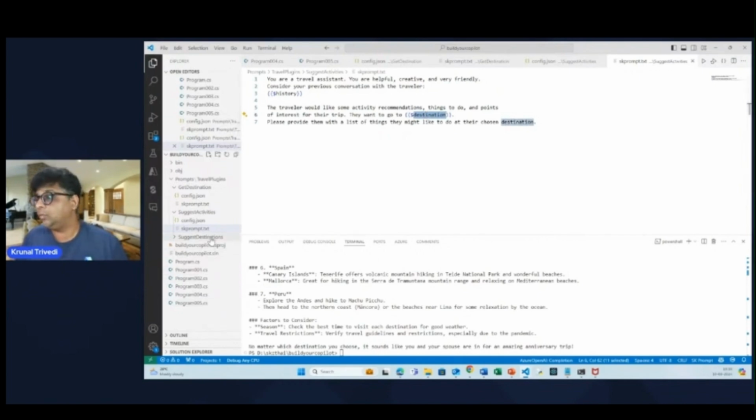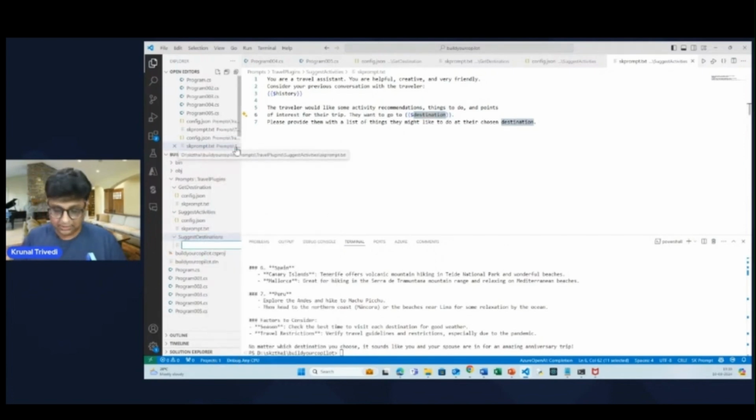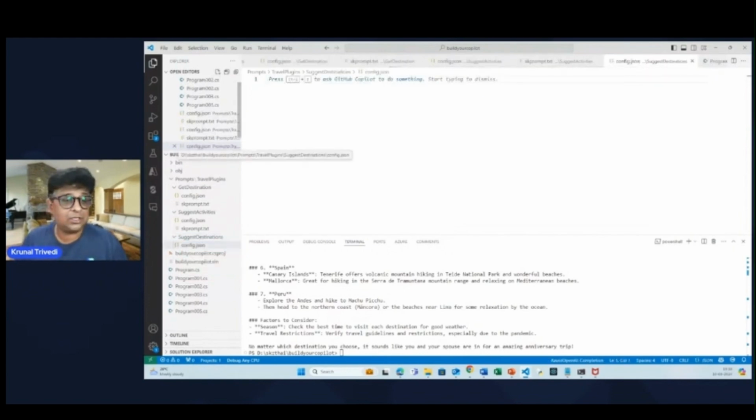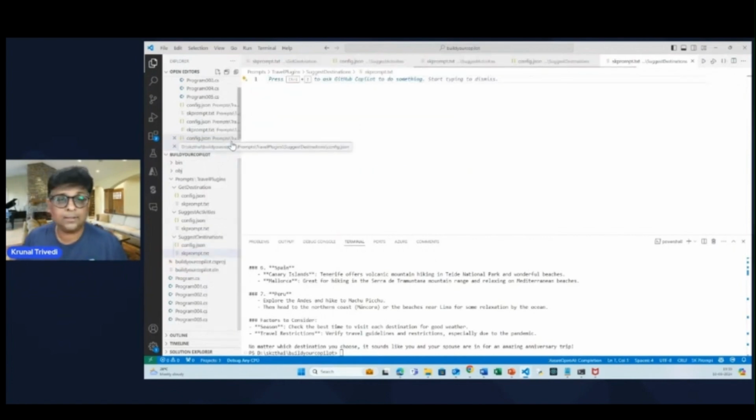And now I have one more file here for the third plugin, suggest destination, say config.json. Again, it is just going to suggest destinations. So I do the same thing. Here I reduce the tokens to 1200 because it has to just suggest the destination, not much. Temperature is 0.3, so you can still have some variations in the output. And I write a new file, say skprompt.txt,